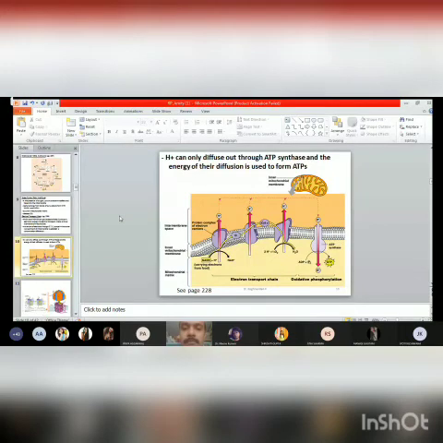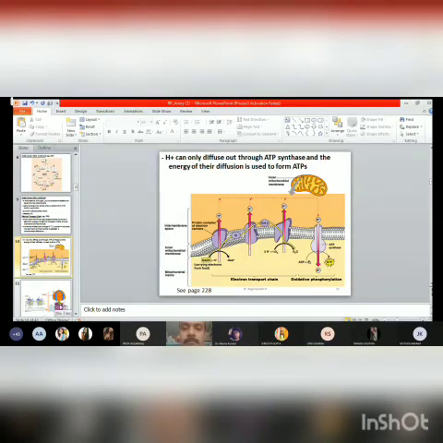Since protons are pumped outside, the pH increases in the matrix and pH decreases in the intermembrane space. And also there is a difference in the electrical charge. So there is a higher positive charge in the intermembrane space. So this is called the electrochemical gradient. So making use of this electrochemical gradient,